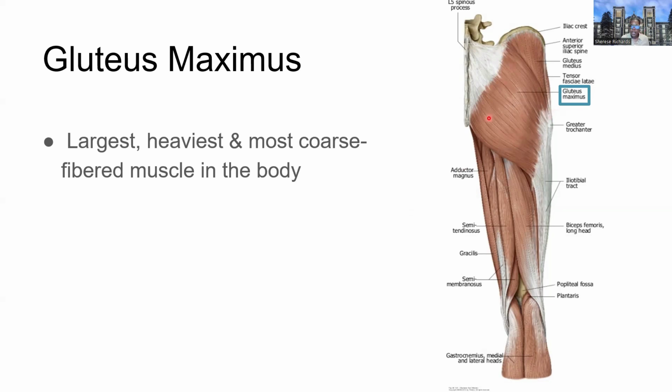When we think about doing weight-bearing exercises, calorie burning exercises, this is one of the best muscles to engage. Its main action is going to be raising the body from a seated position. So really important in extending the hip and raising the body, a really powerful muscle in that way. It's going to course from the spinous processes of the sacrum across onto the femur, and that will help indicate